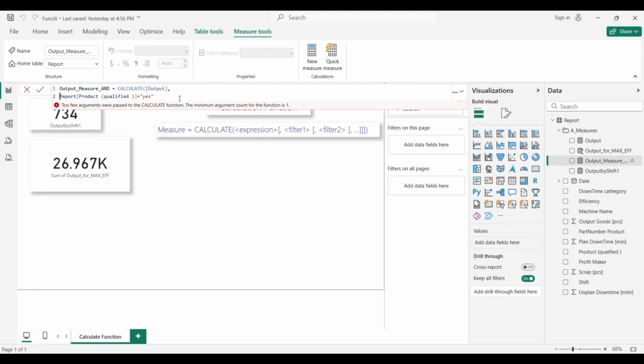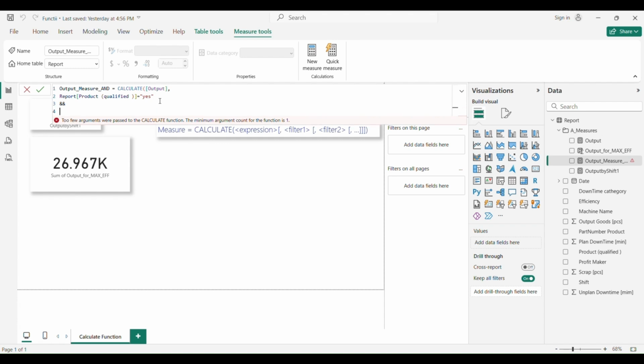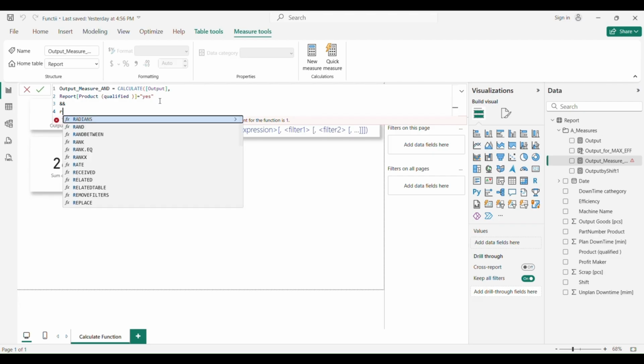Shift enter, and for the second filter I will not put here comma after yes. I will just write the operator and, which is these two signs, right? Shift enter again, and now I will add the second filter, which will be report.